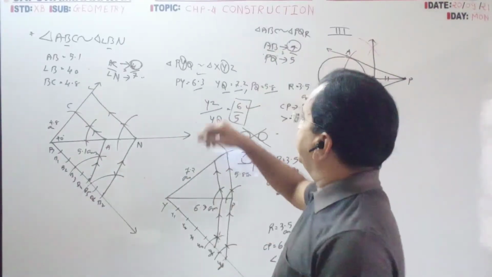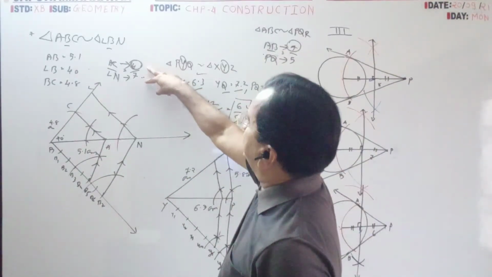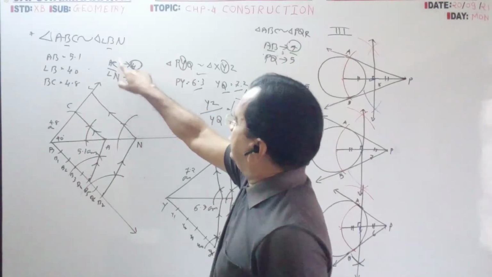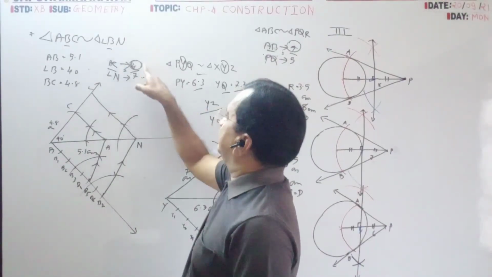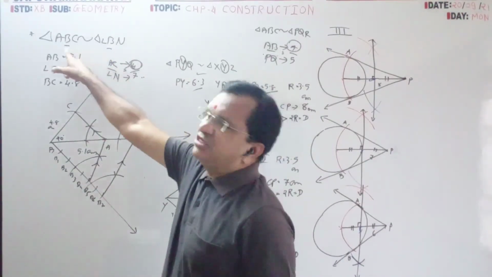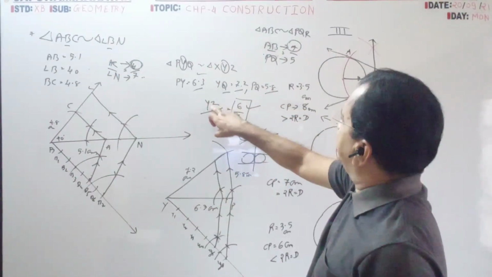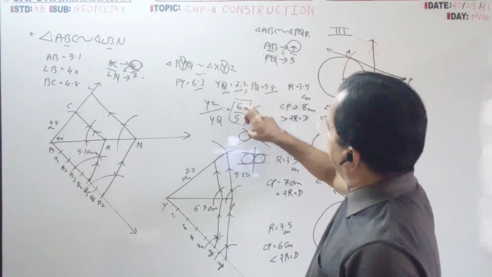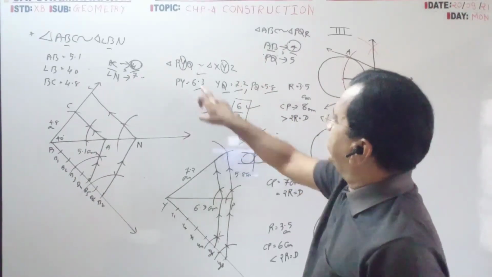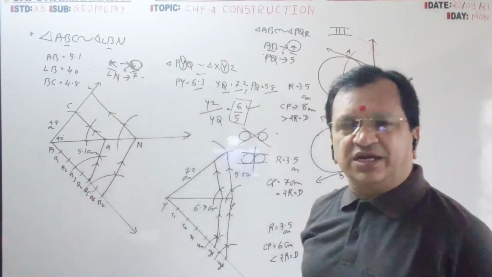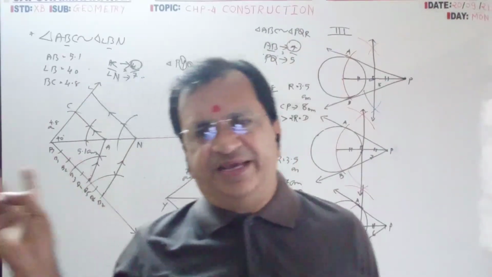And from the numerator and denominator you can come to know that this is 7 by LN. So LN is here, so this is bigger. 4 compared to this is the smaller triangle. 6 and 7, 6 is for YZ. YZ is here, so this is bigger compared to this, which is smaller, YQ, this is smaller. Like that you can compare two triangles by comparing any two sides.